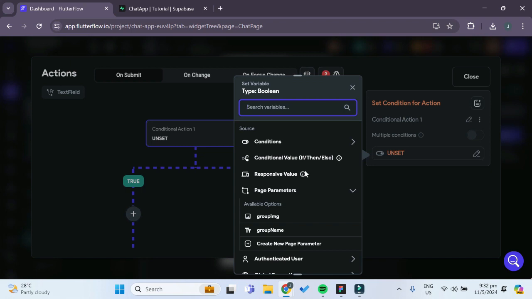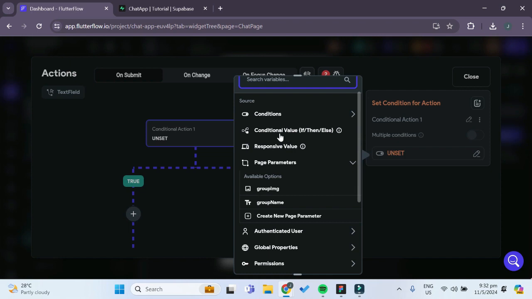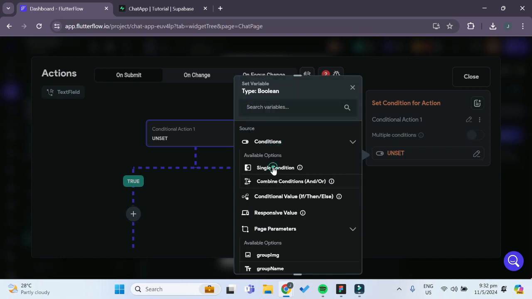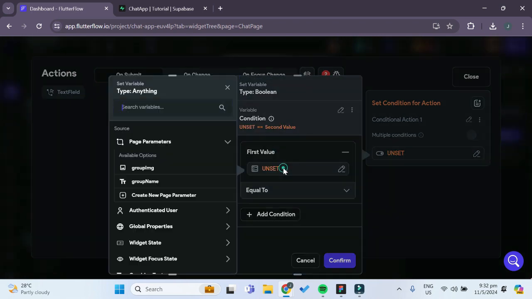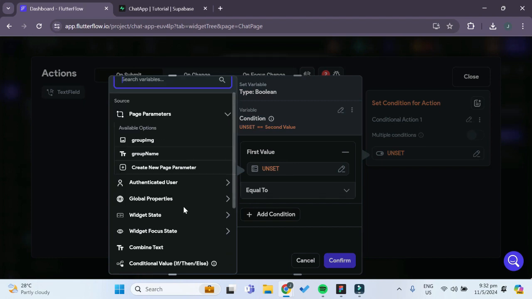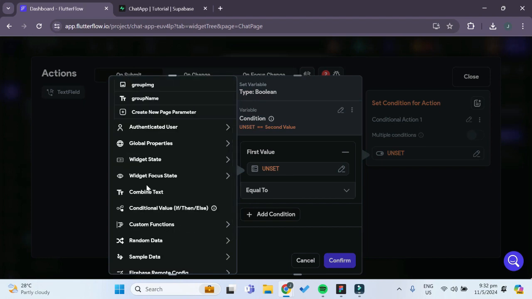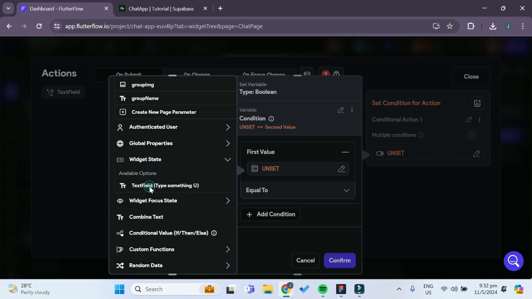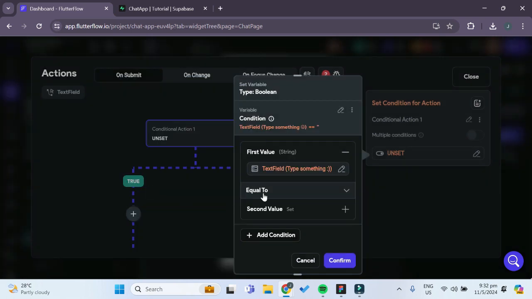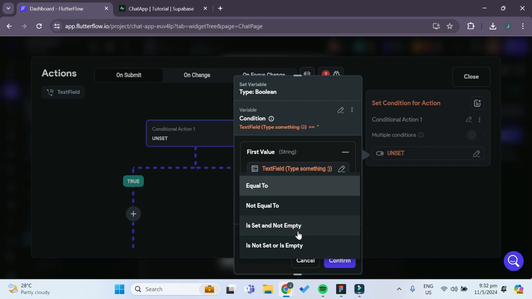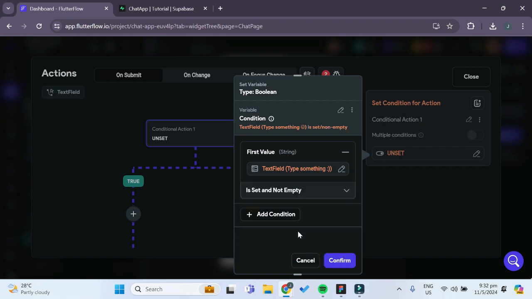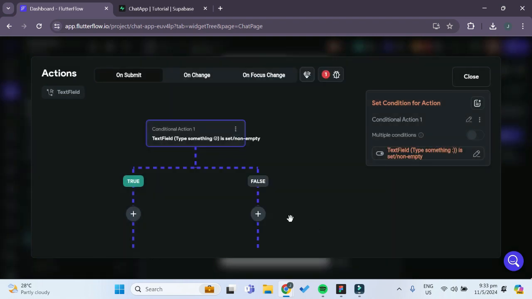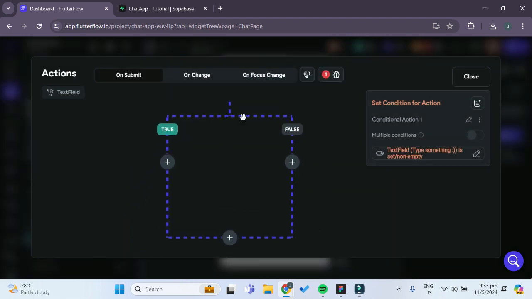So for our condition, under conditions, we'll set it as a single condition. And for the first value, we want to check if our widget state and our text field is set and not empty. That means if there's something in our text field. And confirm. And if there is something in our text field, then we want to